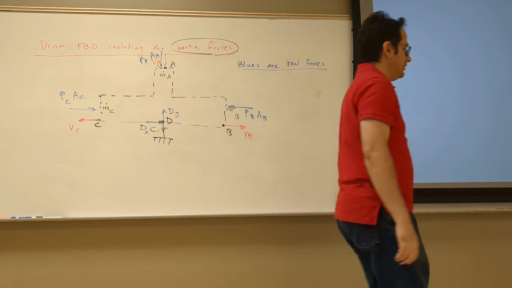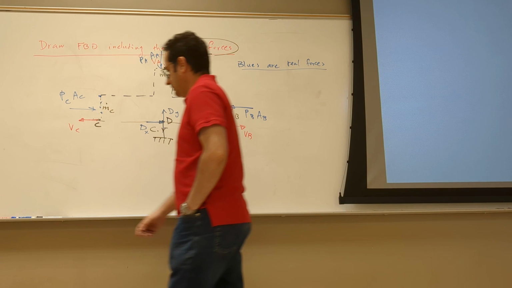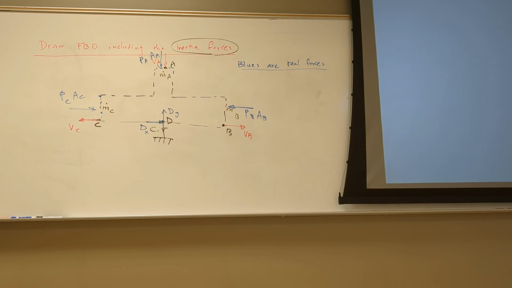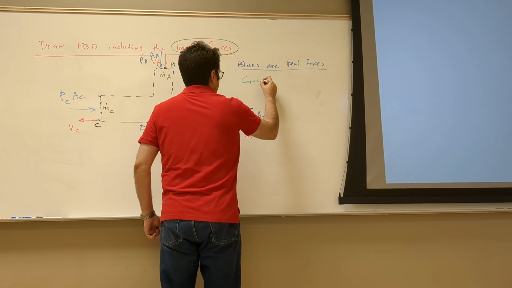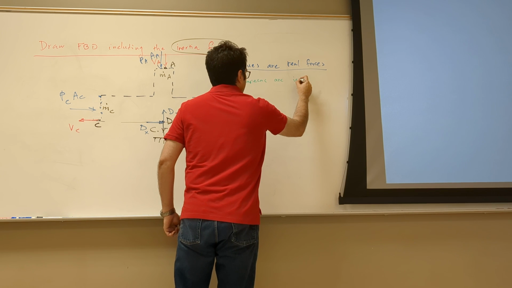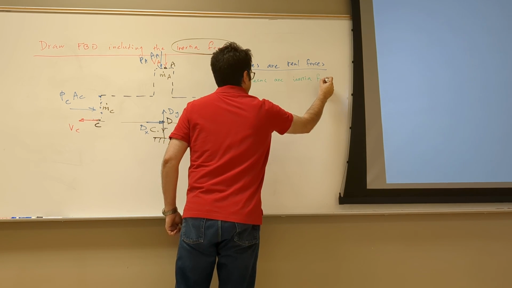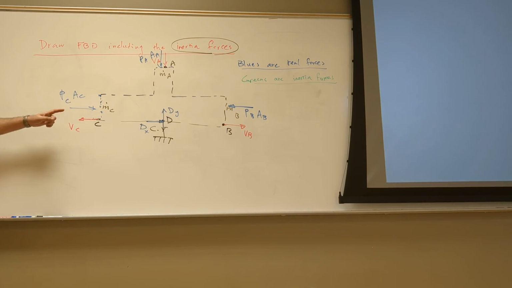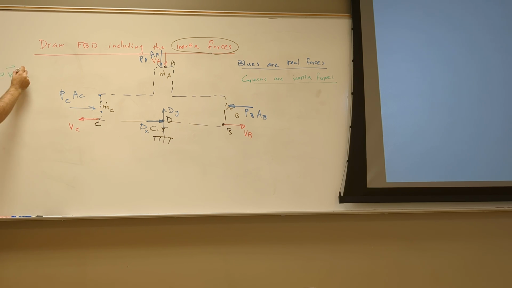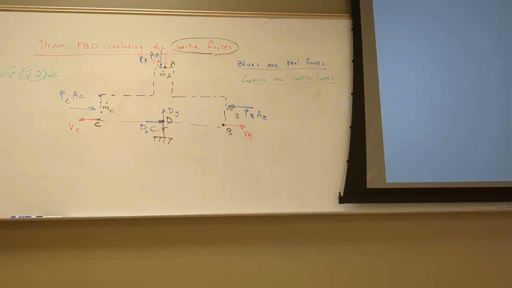I need to use a different color. Green. Greens are inertial forces. So inertial loads come from the places where the fluid is either coming in or leaving. You remember we did this integral, rho V dot n. We showed that V dot n is 0 when you don't have